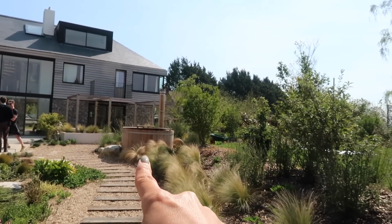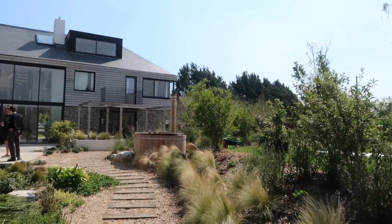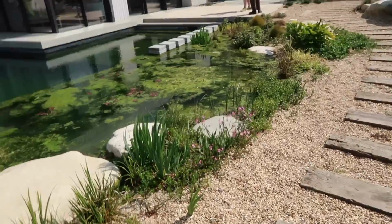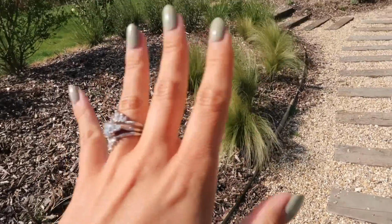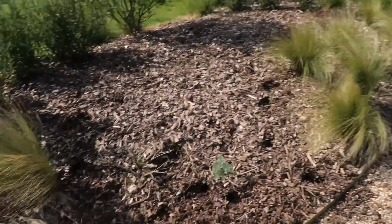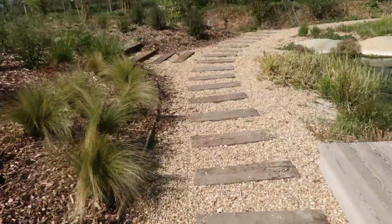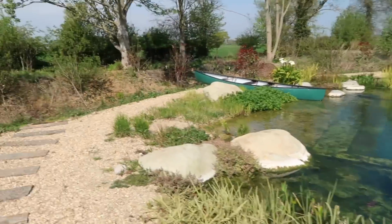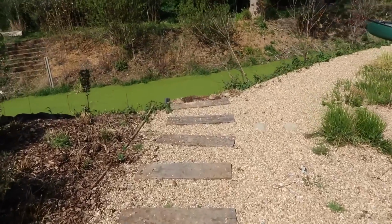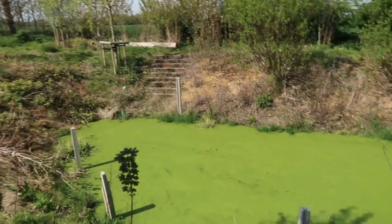This is something that I would dream to have in my garden, because it just looks so wonderful and sympathetic. They've got all of these gravel loving plants, lots of grasses, which I used to really not like, but I saw them in a pot once and I was like, oh, I'm now a convert. And then over here, look, they've got a little rowing boat for the pond. But down here is an actual little swampy kind of lake. I think they're still working on some